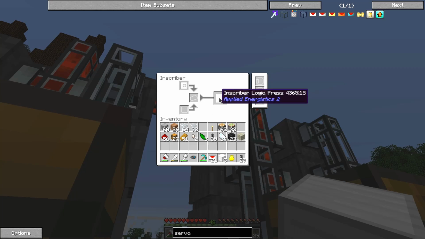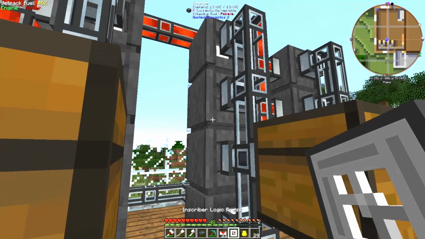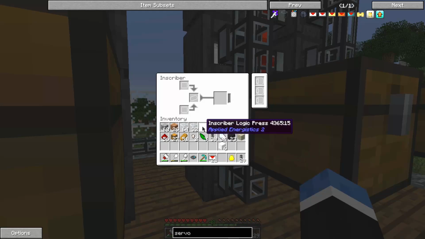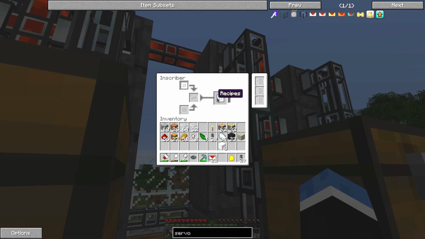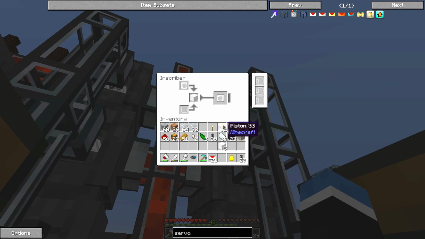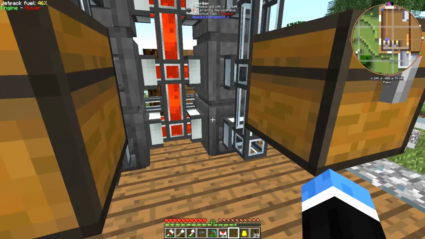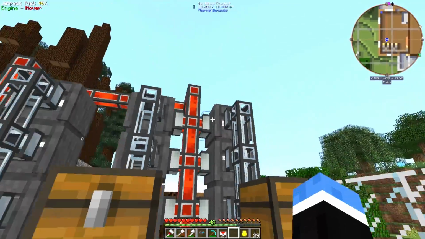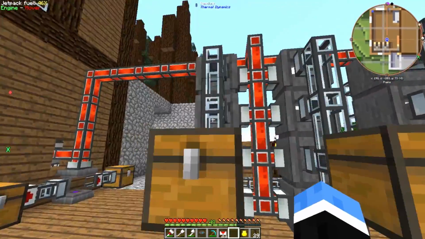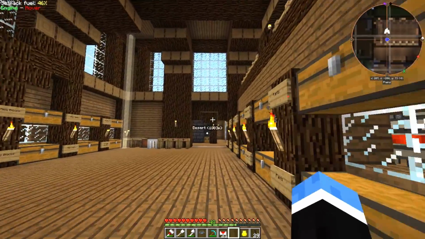Come back over here. We've got inscriber logic press right there. And let's make both of those at once. That one's done. And that one is done. Now last is, of course, we just got to move on to the silicon press. There you go, all 3 made, and let's just go ahead and put those in there. Ta-da! Done deal, people, done deal. We've got that all taken care of, and that is going to come in handy later. We are going to come back to that, but it is one of the first things...